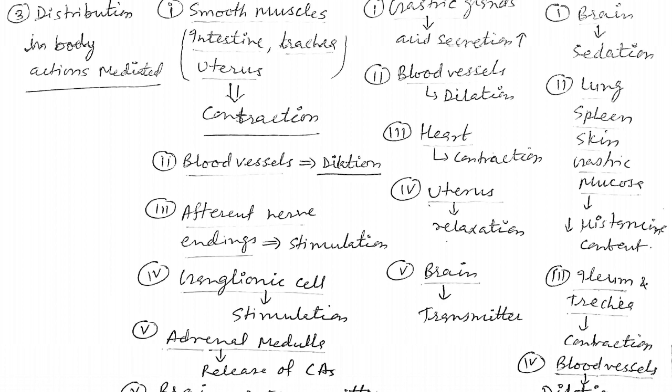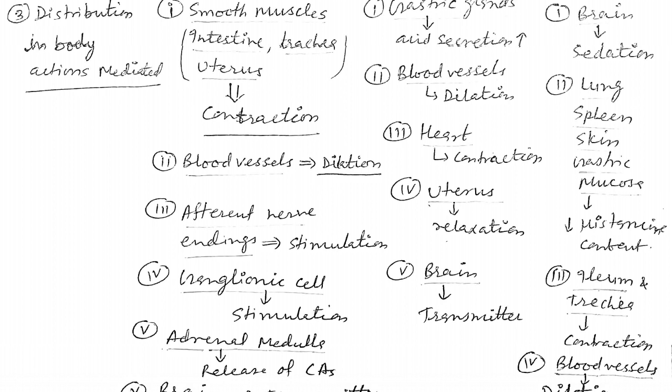Another organ is the uterus. As you know, H1 receptors are present in the uterus and H2 receptors are also present in the uterus. H1 receptors are responsible for contractions, but H2 receptors in the uterus, look here, are responsible for relaxation. H1 receptors are responsible for contraction of the uterus by binding with the smooth muscles, and the H2 receptors are responsible for dilation, relaxation of the uterus.